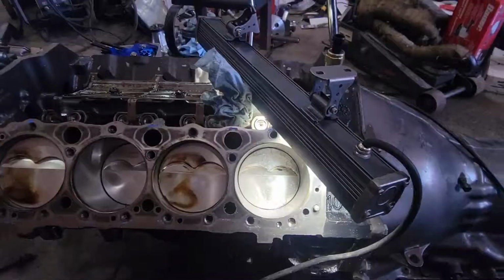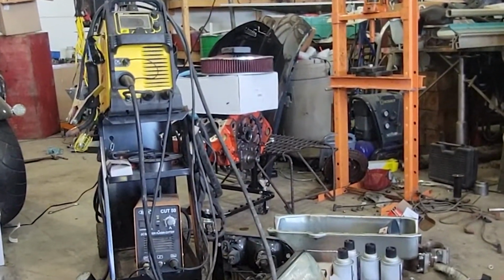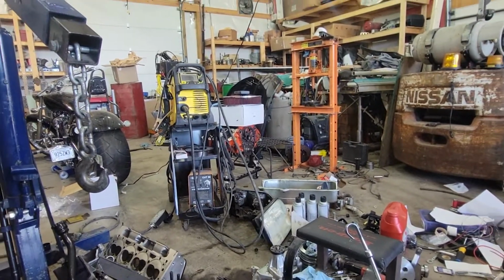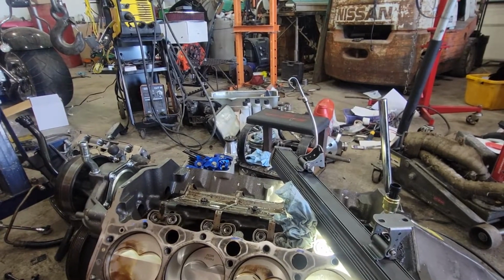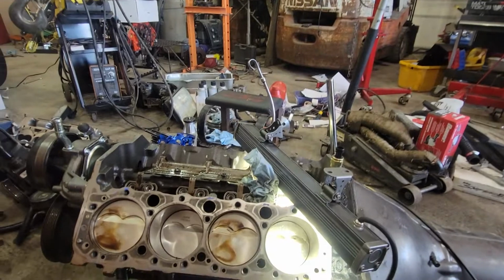So what am I going to do now? Well, I'm going to use that motor over there, build it back up with a smaller cam, probably go with a 700R4 instead of the TH350, and put that in there in the truck and build this engine back up